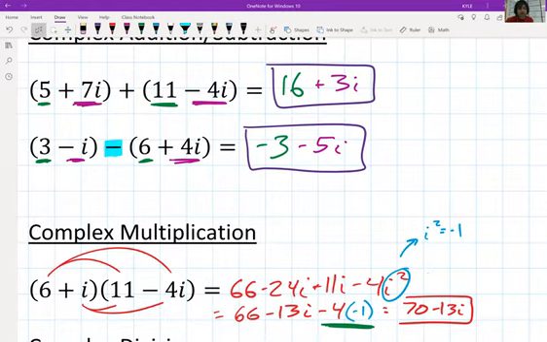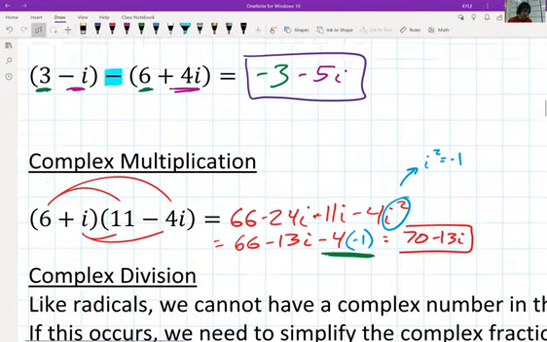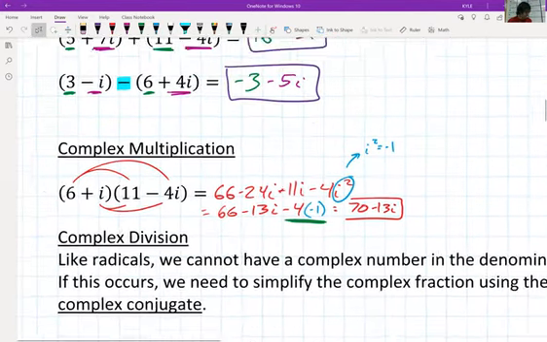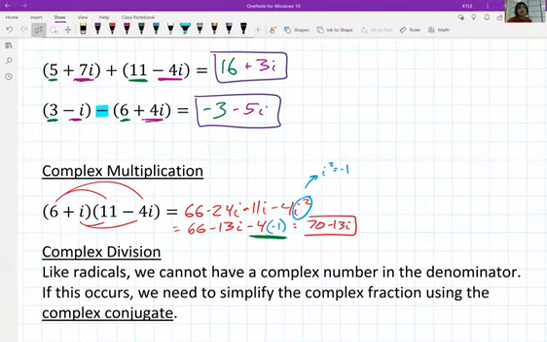So we just kind of powered through a bunch. We powered through equality, we powered through addition, subtraction, multiplication. Division is where we slow down a tiny bit. It's not too bad, but it's a little bit harder than just combining like terms. So if you remember, when we've studied radicals in the past, square roots, we said we don't ever want to end up with the square root on bottom. And so similarly,